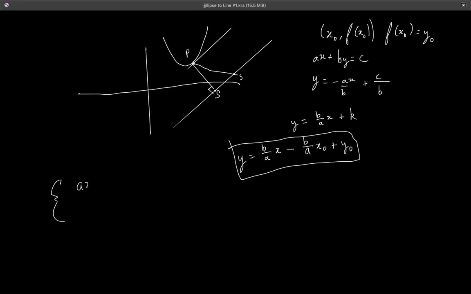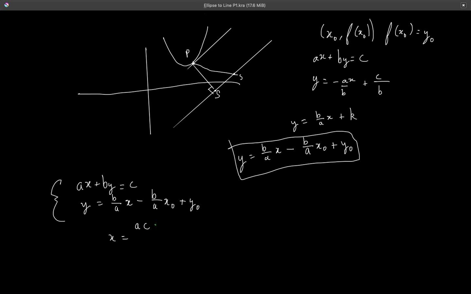So this system: ax plus by equals c, because that's the equation of the given line, and the equation of our perpendicular line, which is y equals b over a x minus b over a x0 plus y0. So this is a simple two variable system of linear equations. The solution, I'm not going to work it out. I'll let you know the solution is x equals this quantity right here,